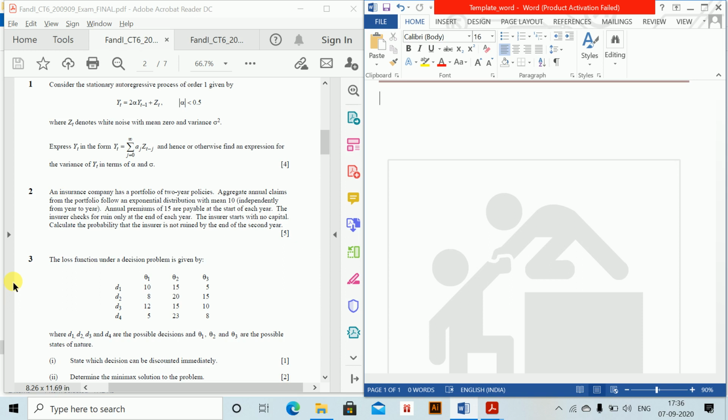The insurer checks for ruin only at the end of the year. The insurer starts with no capital. Calculate the probability the insurer is not ruined by the end of the second year. So we need to see that the insurer is not ruined by the end of the second year. So first,